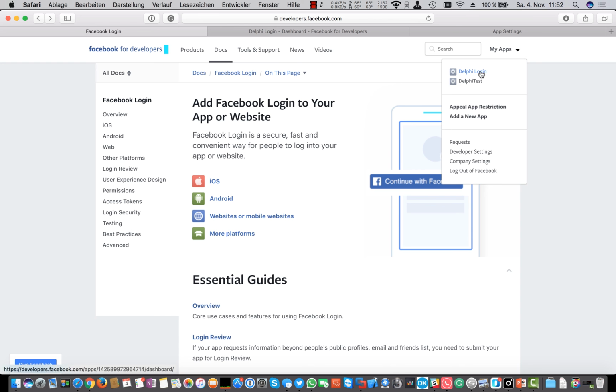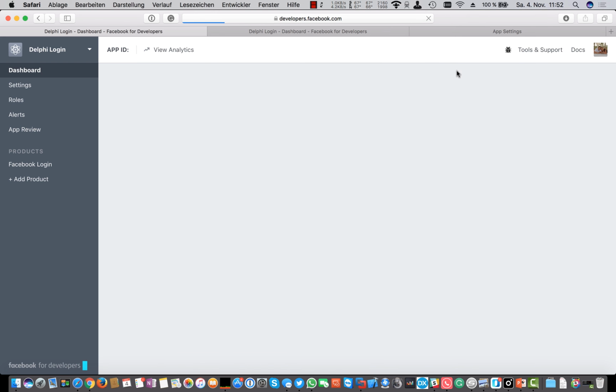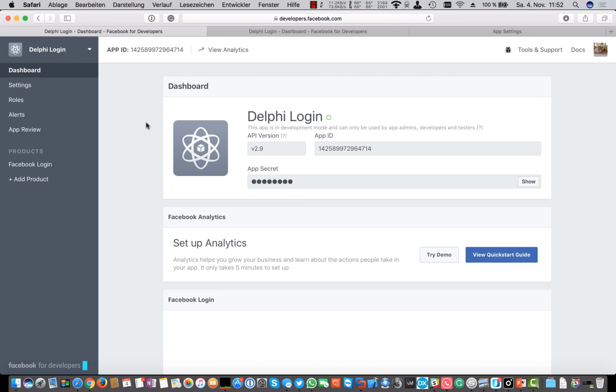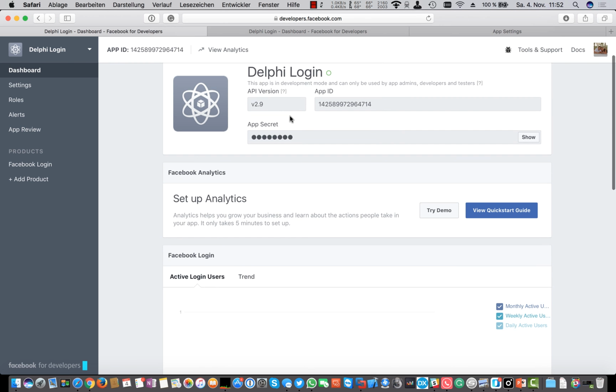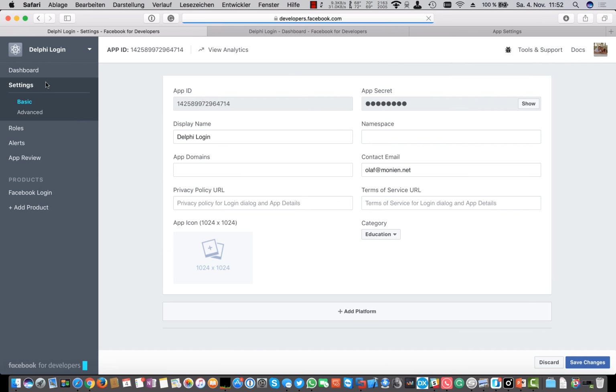You basically need to register your own application. When you go here, you can see there is already a Delphi login sample application that I created. You can create your own applications here, and we will have a look at app secret and so on later on. The important thing is that you set up only a few things like display name and the contact email. That's something you need. You don't really need the privacy stuff, the terms of service, whatever, because that's for applications